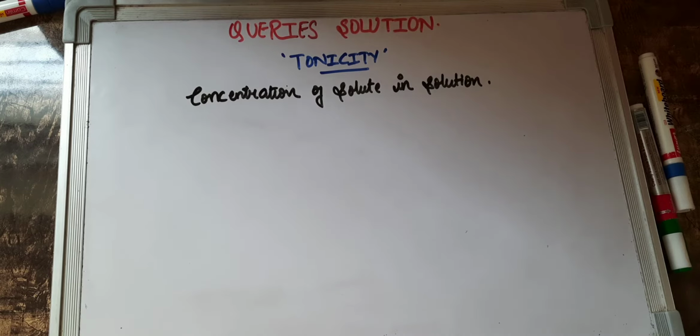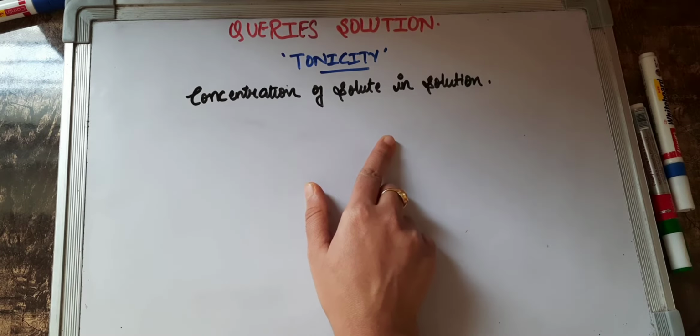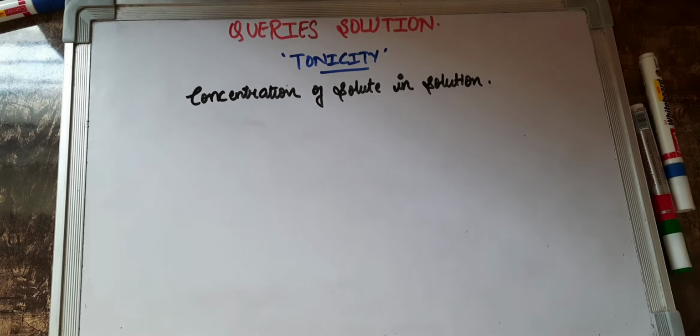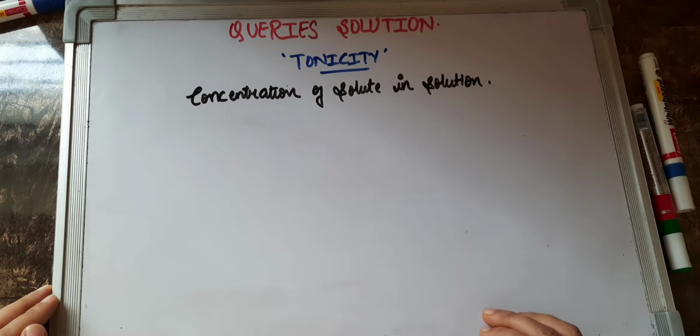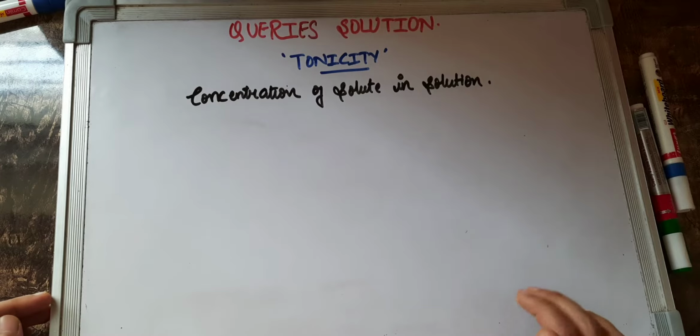So children, today we'll be learning the topic of tonicity, which is a topic of grade 9. In this topic, children, we are going to talk about the three types of solutions, which are hypertonic, hypotonic and isotonic. And also we'll be learning what will be the result if we place an animal cell in such solutions. So even if you want to know all this in detail, do watch my video completely. And for now, let us start out with the video.